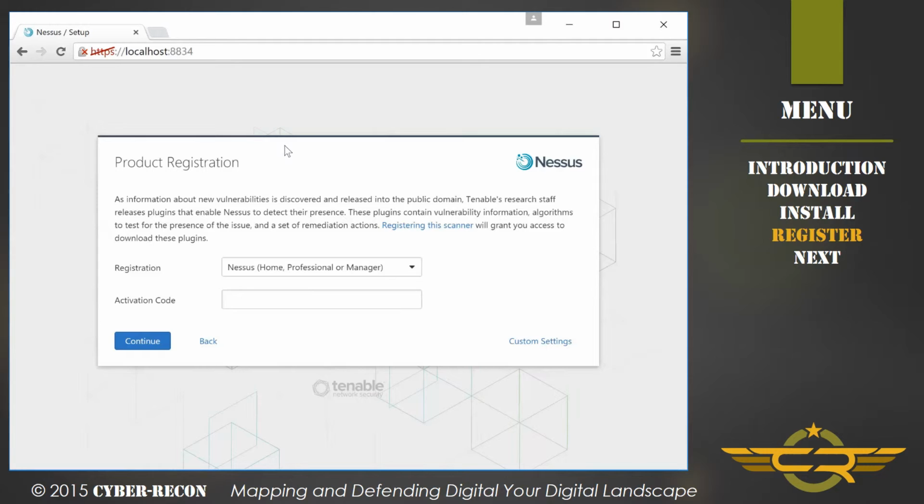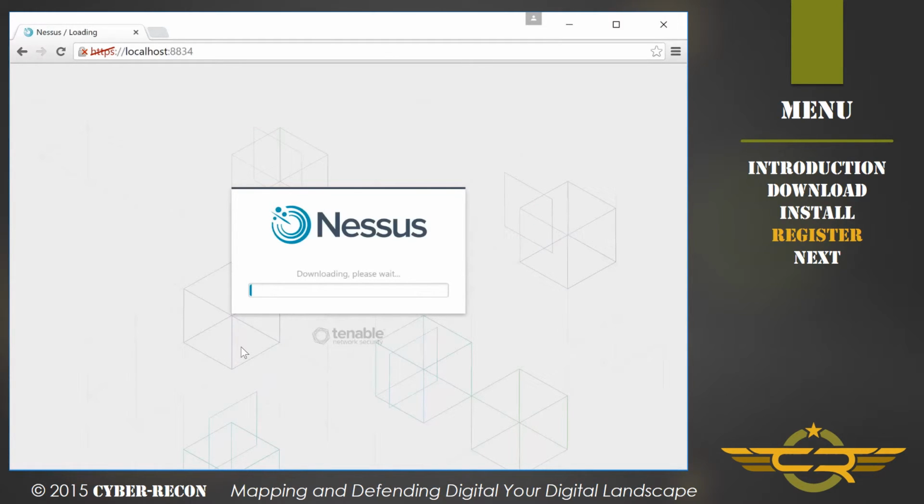So here we see we are using the Nessus Home version, and we will put our activation code in and then click Next. Downloading of the remaining parts of Nessus will begin. This actually takes quite a while. I've cut a lot of it out so you don't have to watch a bar. Once the download is completed, the initialization of the scanner will begin. Again, this takes quite a bit of time, so I've shortened this for you in the video. Once installation is done,